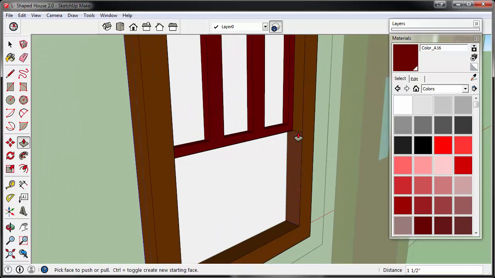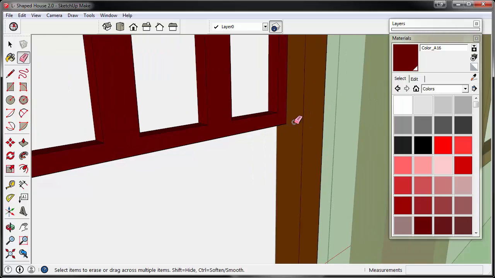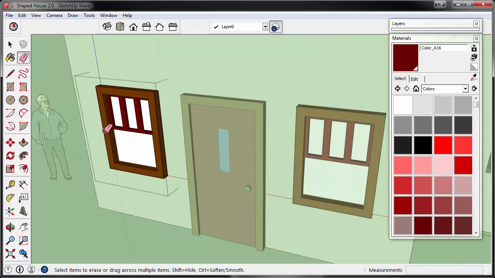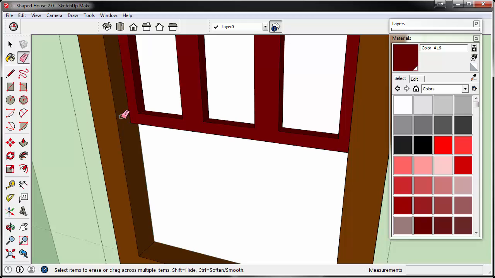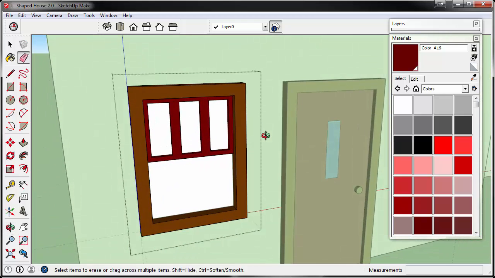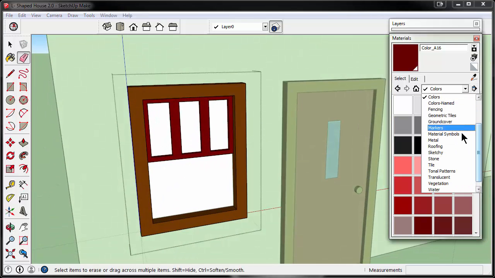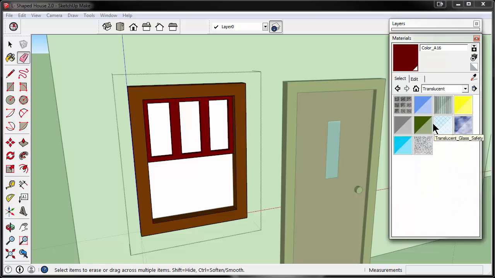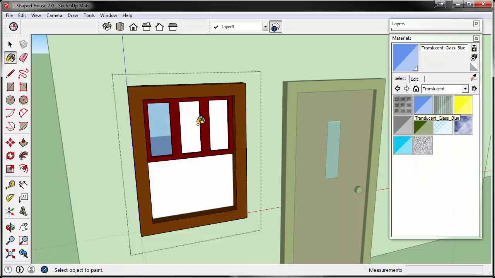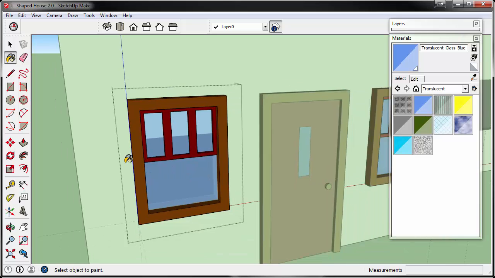Now you may notice there's some extra lines in here which we can delete. Just be very careful. Zoom in nice and tight. Delete each one. And the last step will be to use our translucent color for the glass, coloring each pane, allowing us to see through. If done properly,